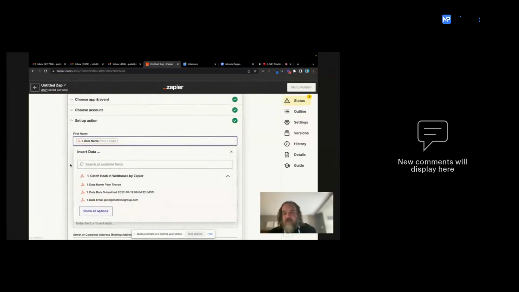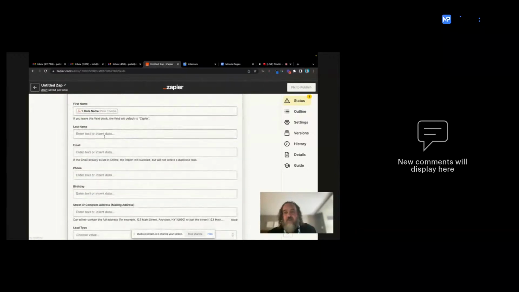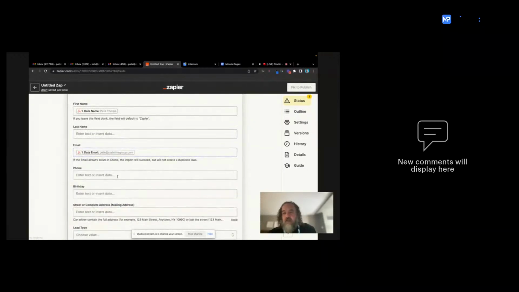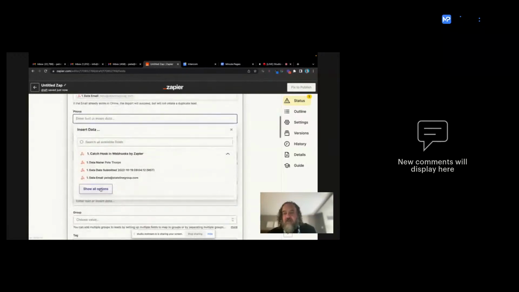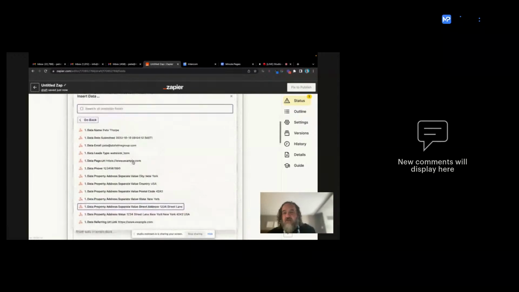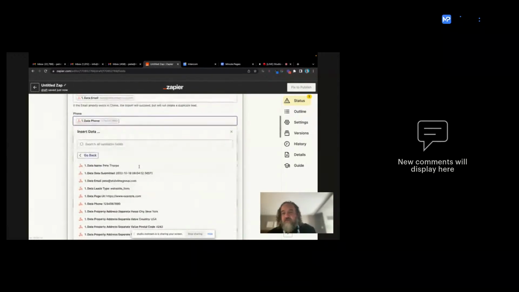Pop that in there. Last name, if it's separated, you can do that. Your email obviously is going to be in here as well, and you can go through and basically hit all options. This is all the data that's been collected on this particular sample. So you can pick whichever one you want. There's your phone,